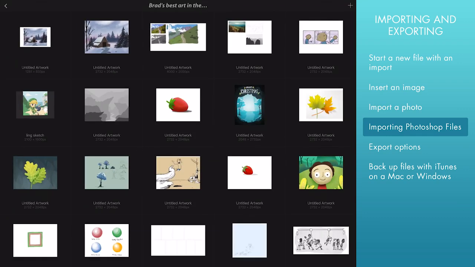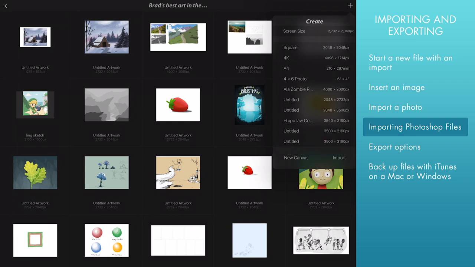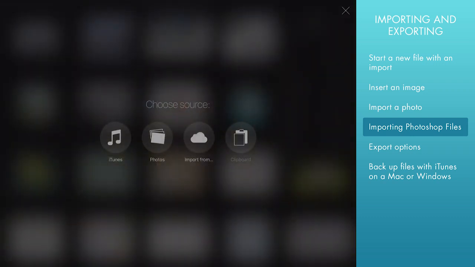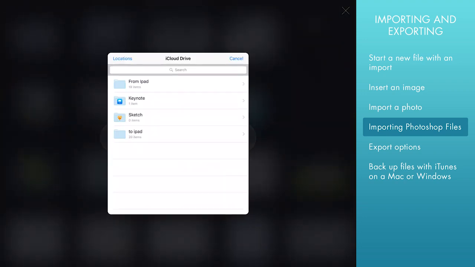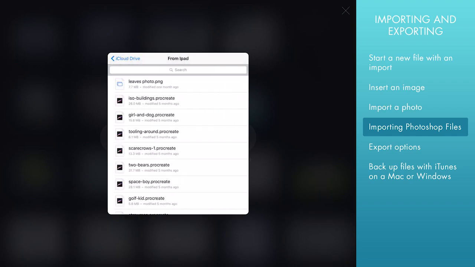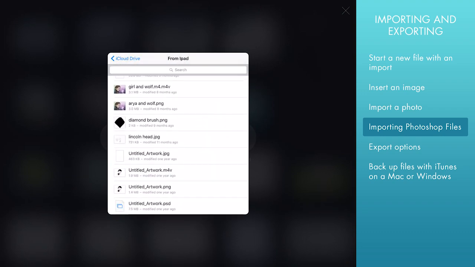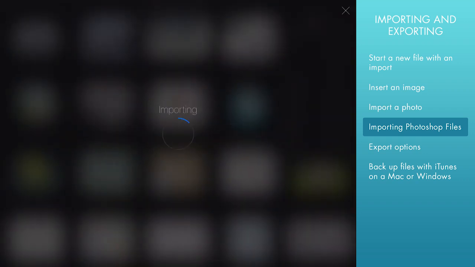So if I go back to my gallery and then in the upper right hand corner, hit that plus button again to bring up my options. One of them is import. So I'm going to tap on import down at the bottom there. And this time I'm going to grab something from the cloud. And from here, this is just my iCloud drive. So to show you how this works, I'm just going to go to one of these folders that I know I have a Photoshop file in. So I'm going to scroll down to untitled_artwork.psd. I'm going to tap on that, and it's going to take a minute to import,